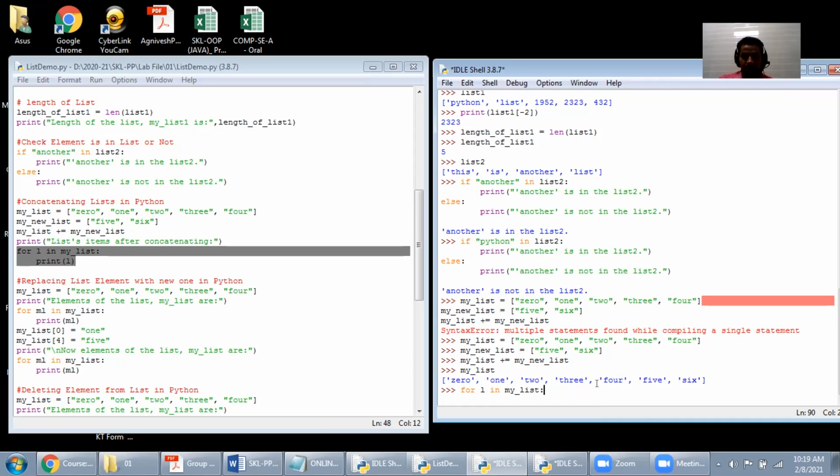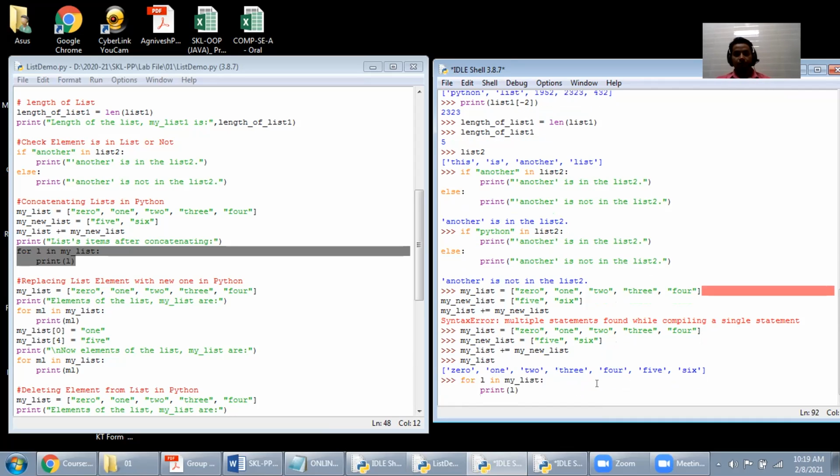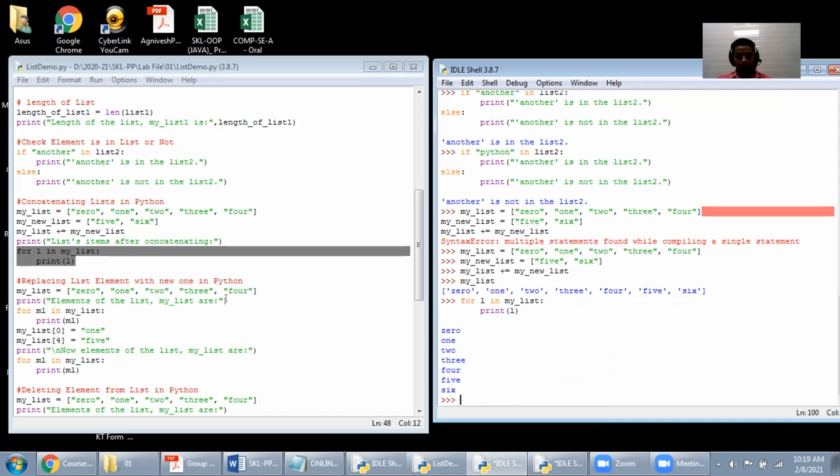Now what do you want to display? The print, the variable name is for example L. So you can display it like this. Once again go back and print it. Now everything is displayed by using the for.